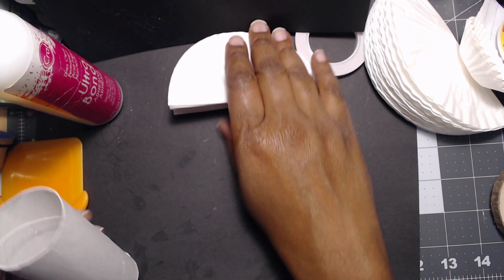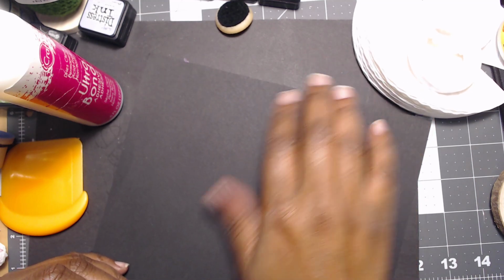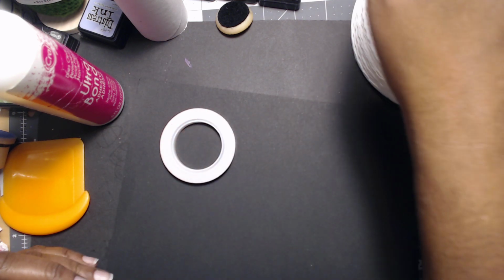All right, so while these papers cure, we're going to take some good old-fashioned craft roll toilet paper. And now I'm going to make his brim. And I feel like our brim could be this big, right? So what we're going to do is I'm going to take,